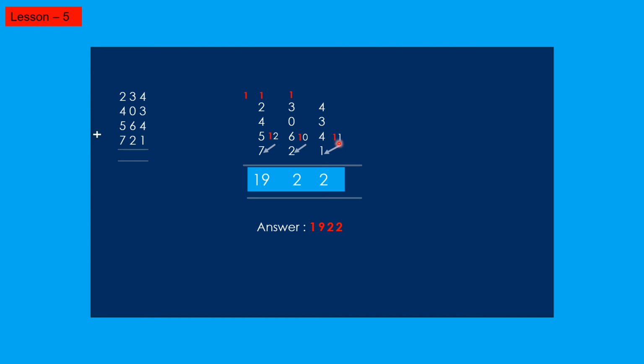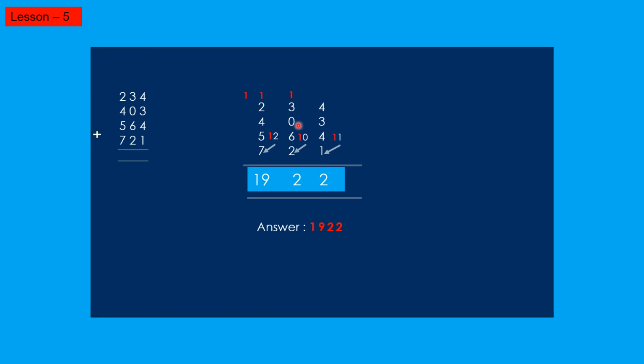So here in 11 you circle 1, and then this 1 is added to the next number 2, and 2 comes in your answer box. And here only one number is your base, so that 1 comes in your next column. And then again you start adding from the topmost number. 1 plus 3 is 4.